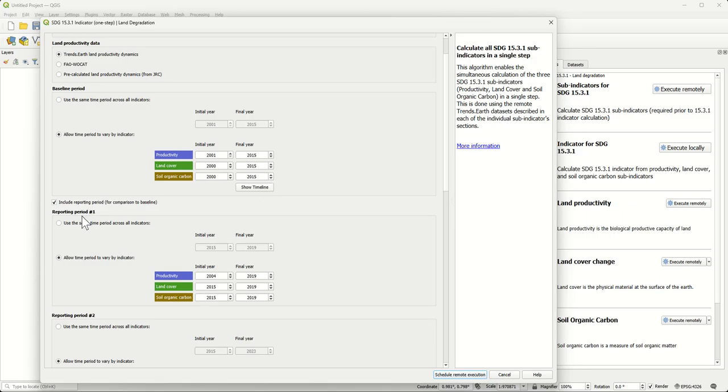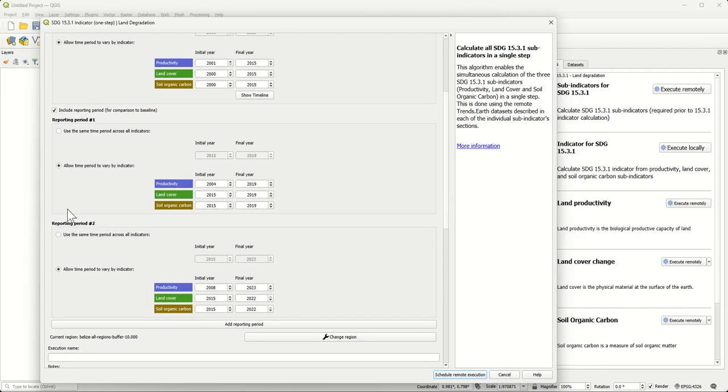The first reporting period is going to be from 2004 to 2019 for land productivity, but 2015 to 2019 both for land cover and soil organic carbon. And for reporting period number 2, we're going to have productivity spanning from 2008 to 2023, land cover from 2015 to 2022, and soil organic carbon from 2015 to 2022.